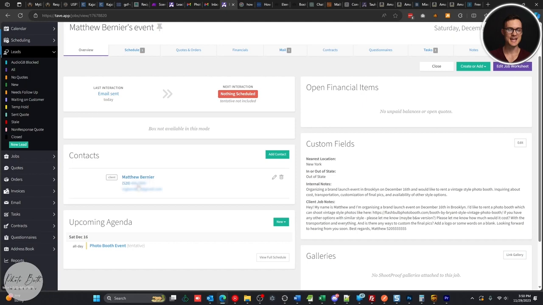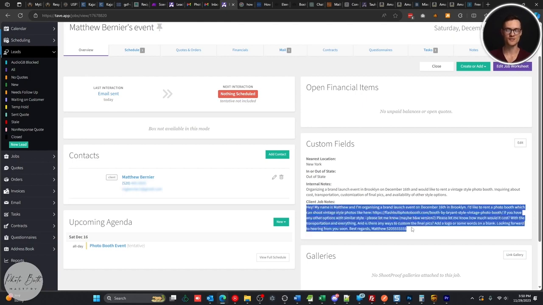We have my name, email, phone number. It even gave me a breakdown of what this email was about and the full email text for context so that I can create the quote from here without having to go back to my email. So essentially, I'm done with the email. I've processed that. Now I can actually just go through my normal Tave workflow for the day and create the